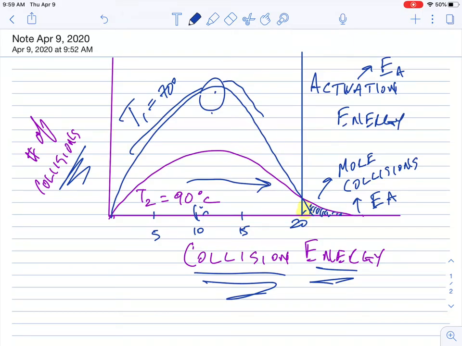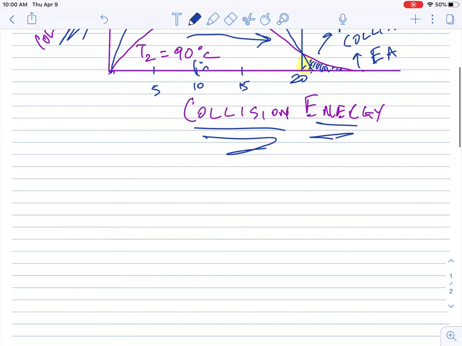When I ran it at that colder temperature, the reaction took forever because you had so few collisions that were above that activation energy. So that's the cool thing about seeing this take place, is that you can kind of visualize this. So the other way that you can look at activation energy is if you go back to this second grader's analogy and you say, okay,